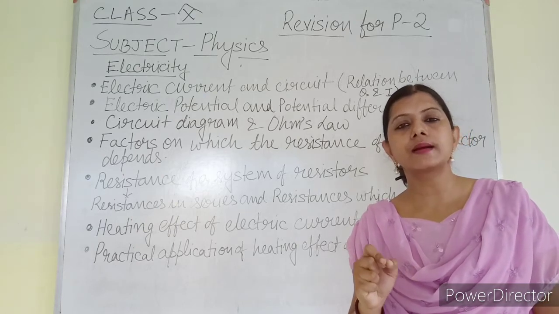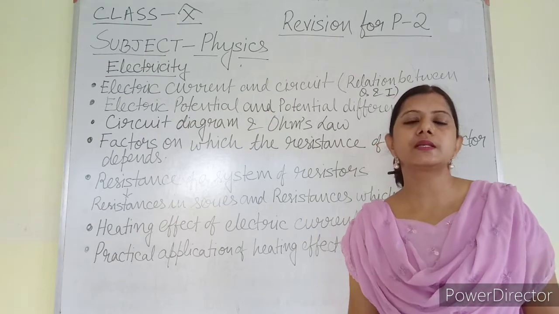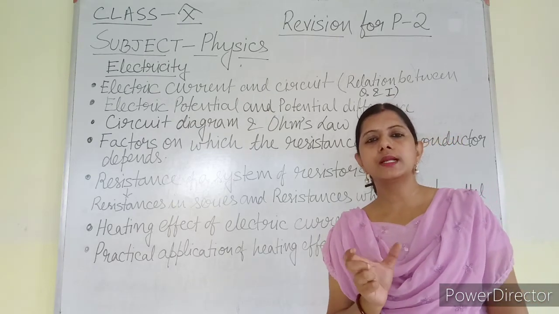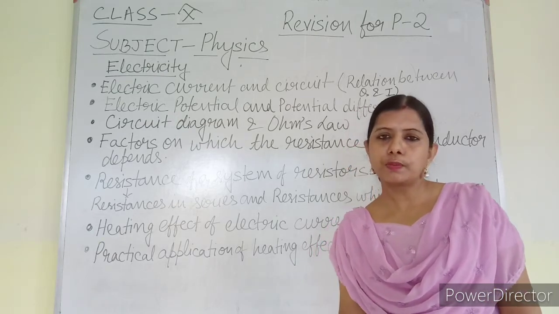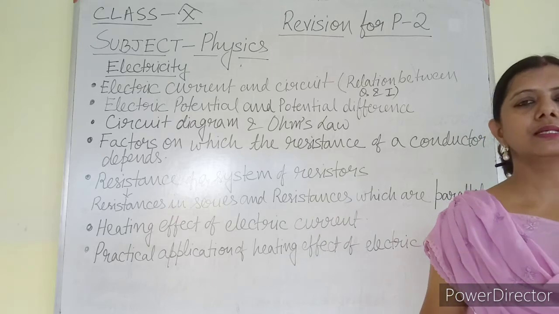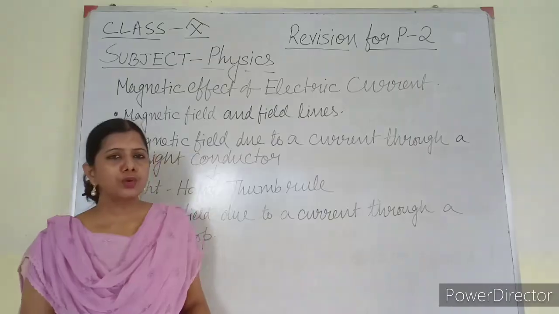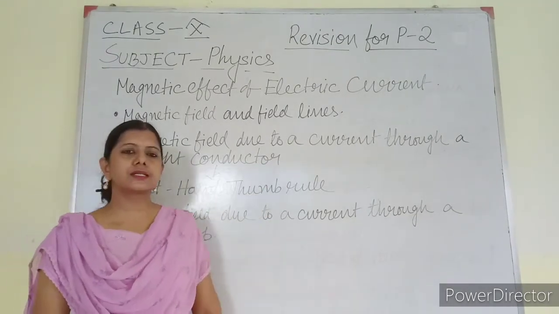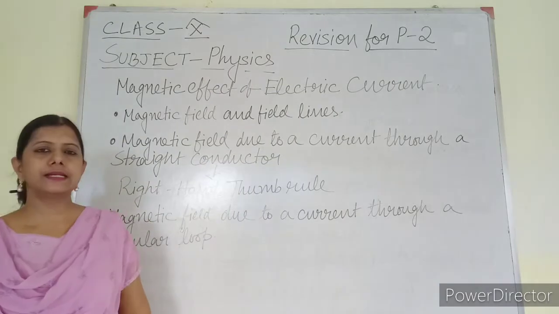So very few points are there, but all these points need numerical application and numerical formula. At least if you can remember the formula and units, it will be beneficial for you. What is the numerical formula and SI unit? It will give you marks. So please go through the chapter properly, and for the next chapter only a few portions are there, so that also I am going to discuss. You have this chapter which is there in the P2 exam, magnetic effect of electric current.